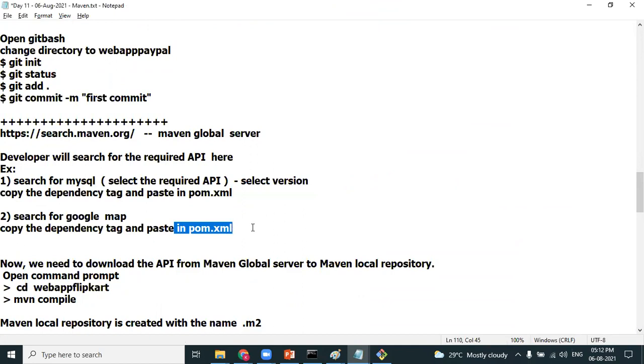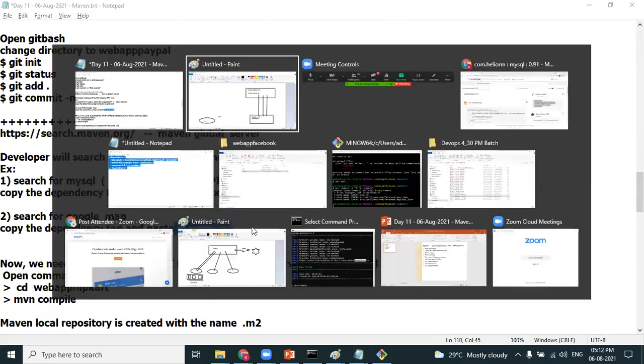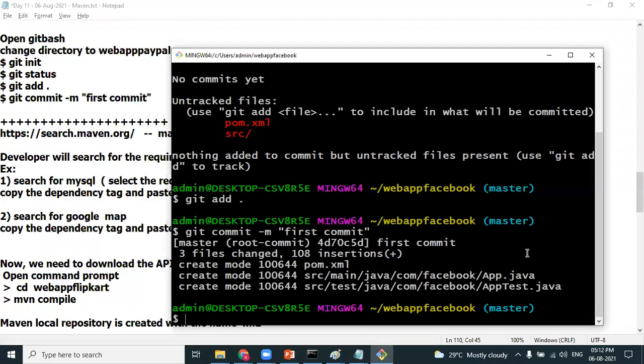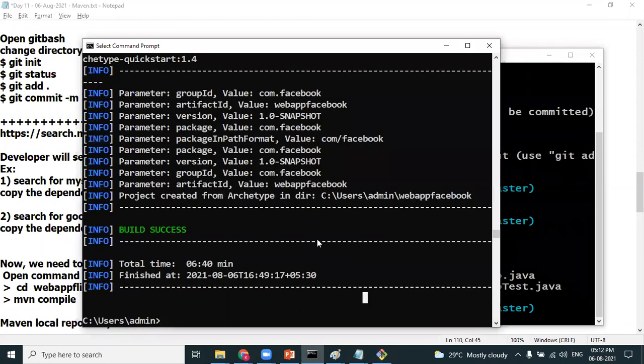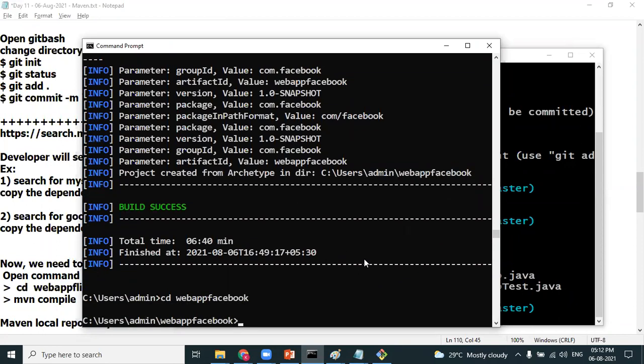Once he's done this task, he opens the command prompt and goes to the location where the project structure got created, the web app Facebook folder. Here he writes a command called mvn compile.